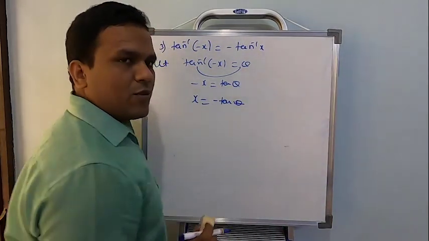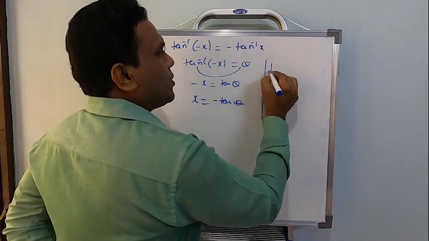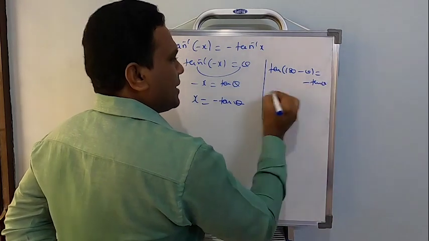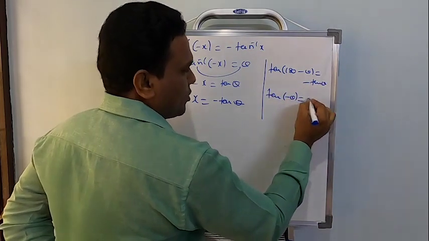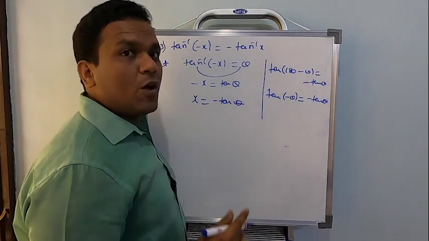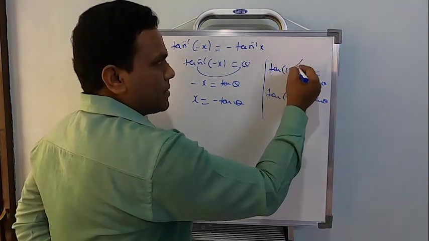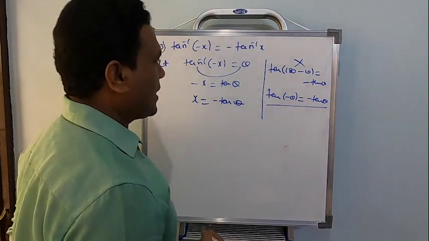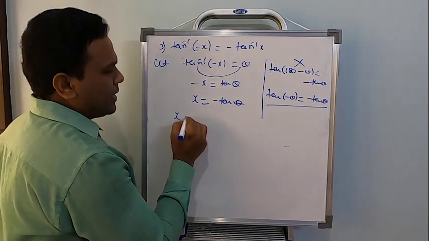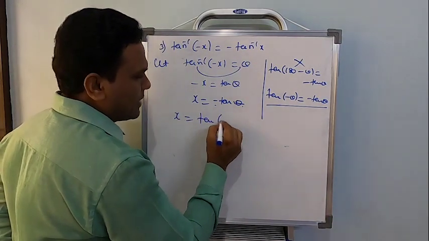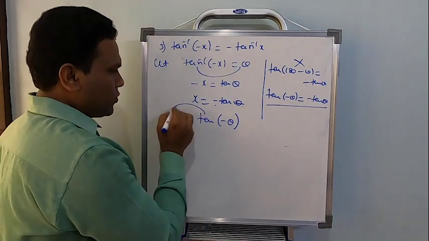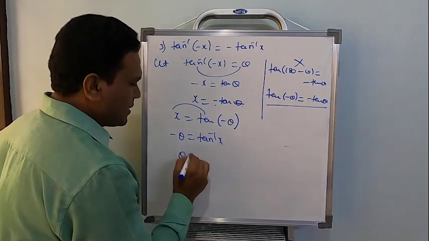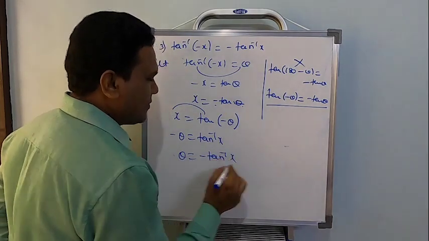Right. So what should I consider here now? See, there are two angles for which I can write minus tan theta. One is tan of 180 minus theta is minus tan theta, and tan of minus theta is also going to be minus tan theta. Which one among them should be considered? This is out of our domain of tan, will not be taken. This is the one which will be chosen now. So to prove this, let's consider x equal to minus tan theta, which will be written as tan of minus theta. So shifting tan here, minus theta equal to tan inverse x, or theta equal to minus tan inverse x.